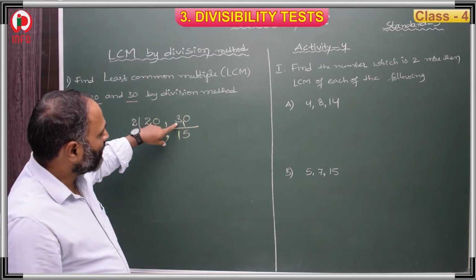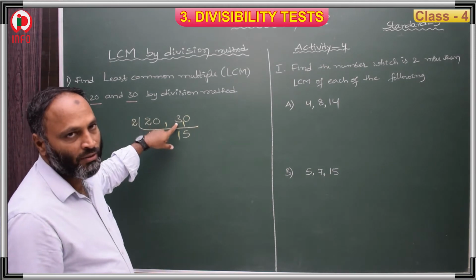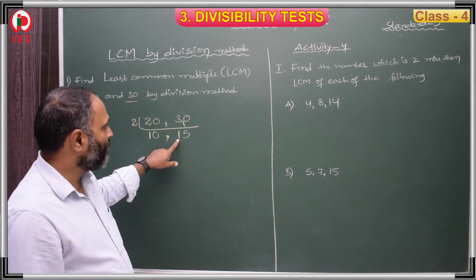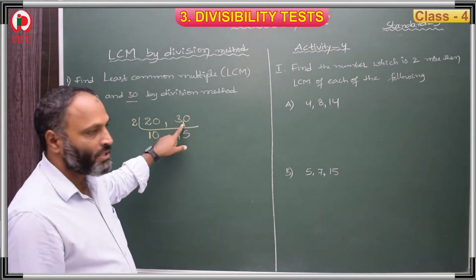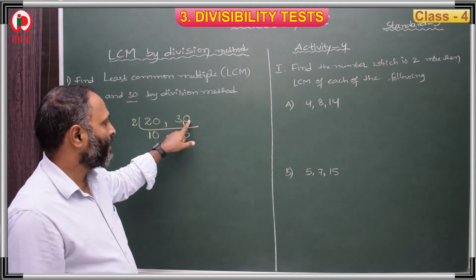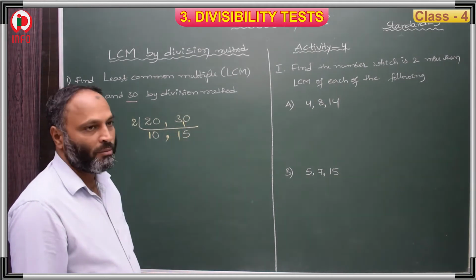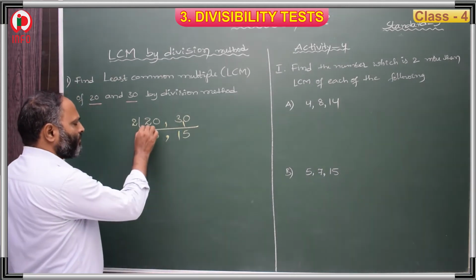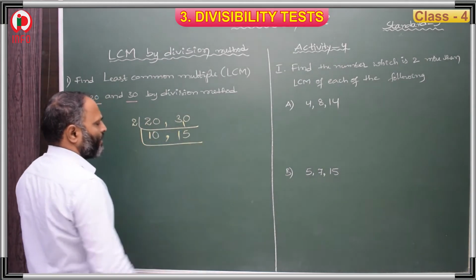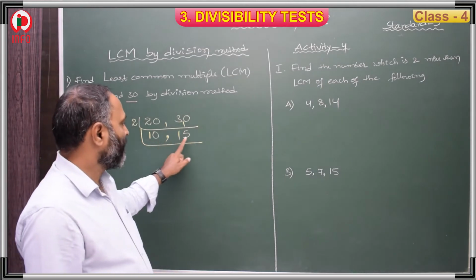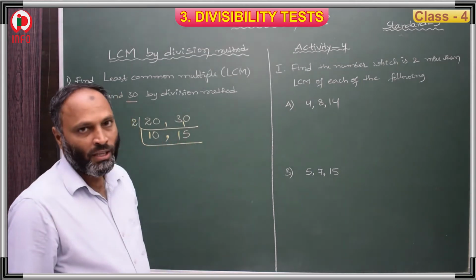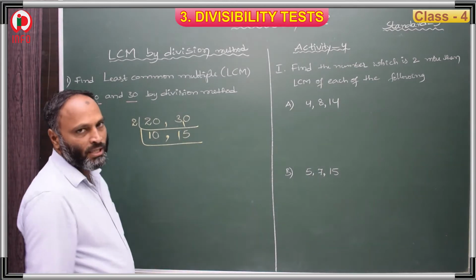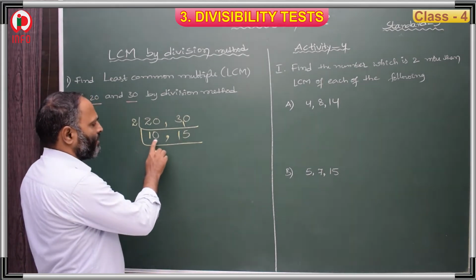For 30, first we take this 3. In the 2 table, 2 1s are 2, and here 3 is there. A difference of 1 is there. That difference 1 here becomes 10. 2 5s are 10. It means 15 2s are 30. Then after that, this is 15, this is 10 and this is 15. 10 and 15. So here the last place value, the one's place, is 5, and here the one's place is 0.